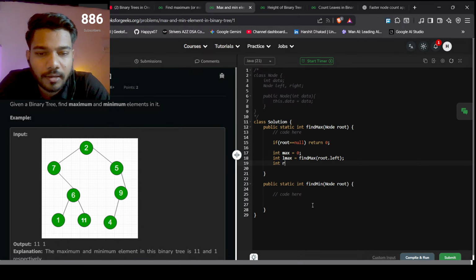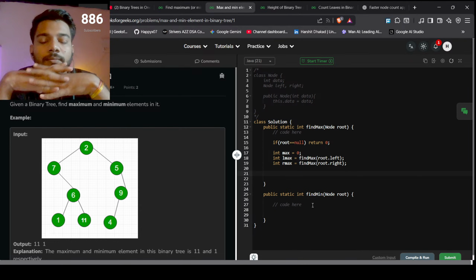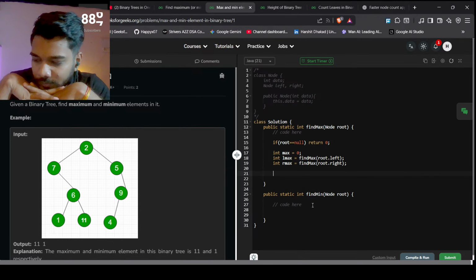Okay, and int rmax is equal to findMax of root dot right. Okay, and what we were returning,